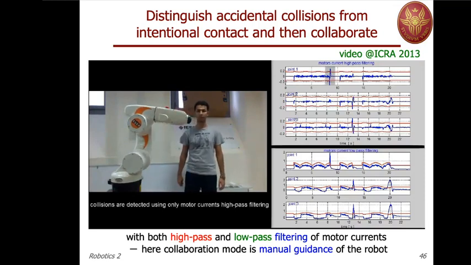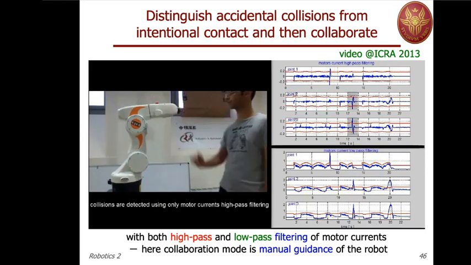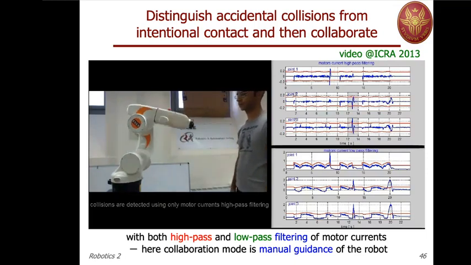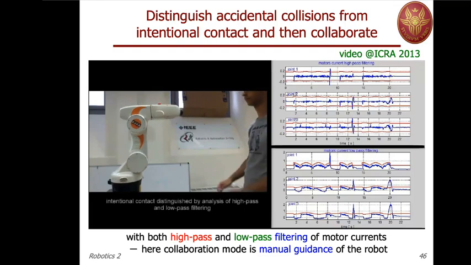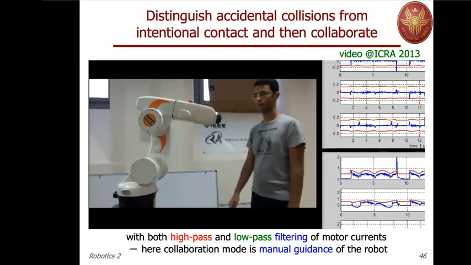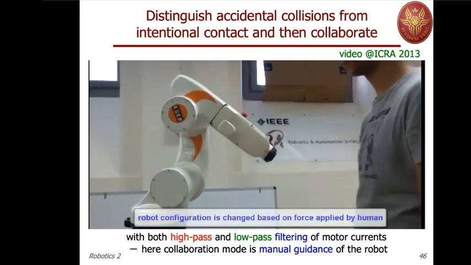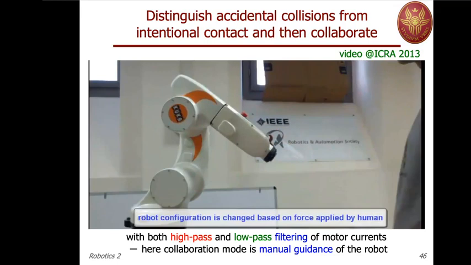So this is a hard contact. In fact, you see that only the high-pass filter version of current exceeds its limits, and now a soft stop, and you see that the low-pass filters generated the signals, and so the robot stops